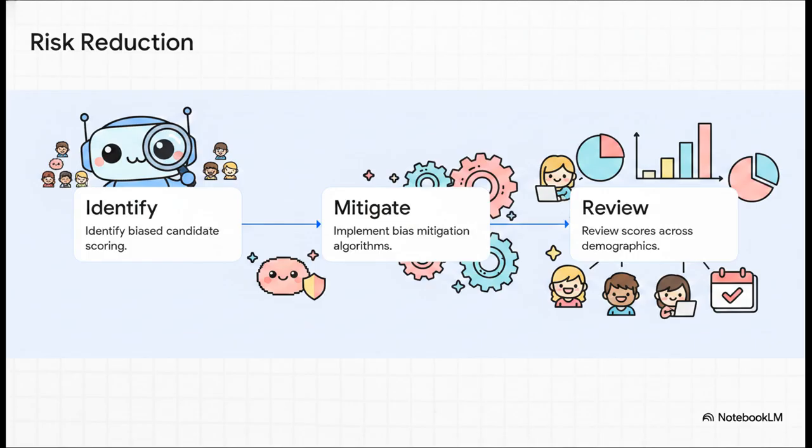If you discover a risk of biased candidate scoring, you don't necessarily have to throw the baby out with the bathwater and scrap the whole system. Instead, you step-by-step implement bias mitigation algorithms to reweight the training data. Then, you mandate routine human reviews of the scoring across different demographic groups. You are actively, practically, reducing the likelihood and the impact of the risk down to a level you can actually